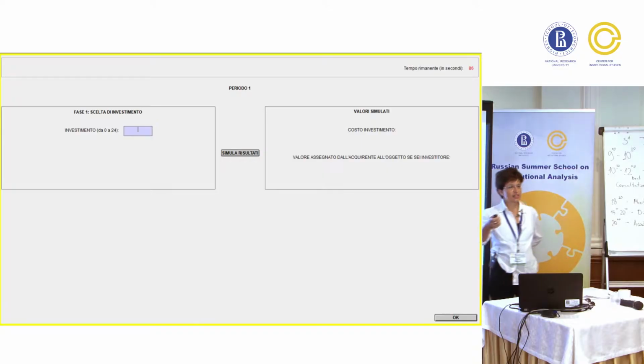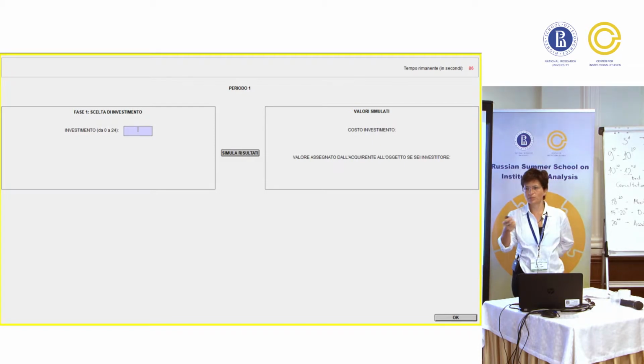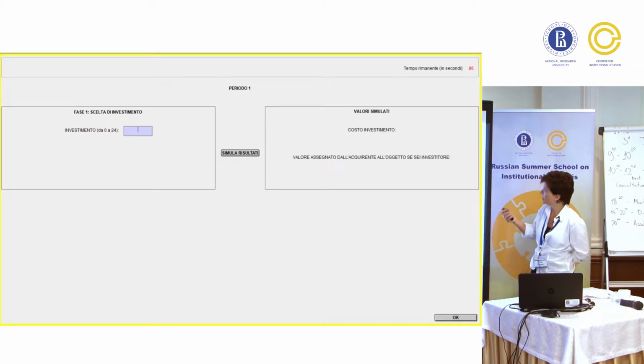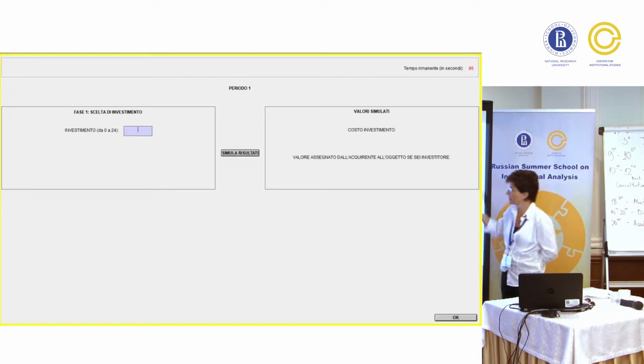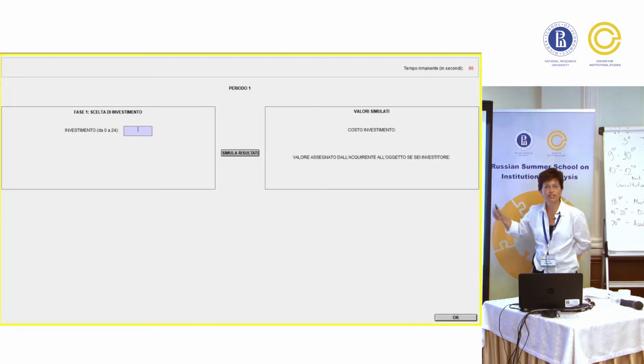Since yesterday I discussed with some of you, and it seems that you are not really expert in experiments. I just included these two slides about what the subject will see in doing the experiment.